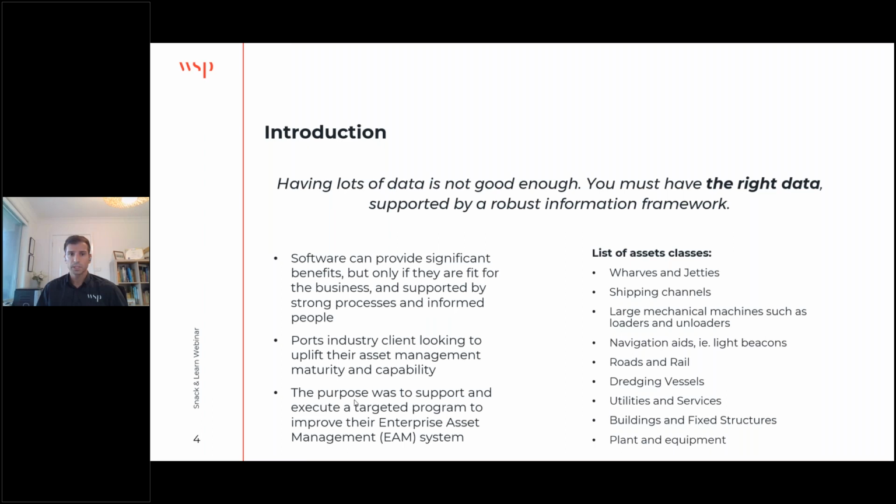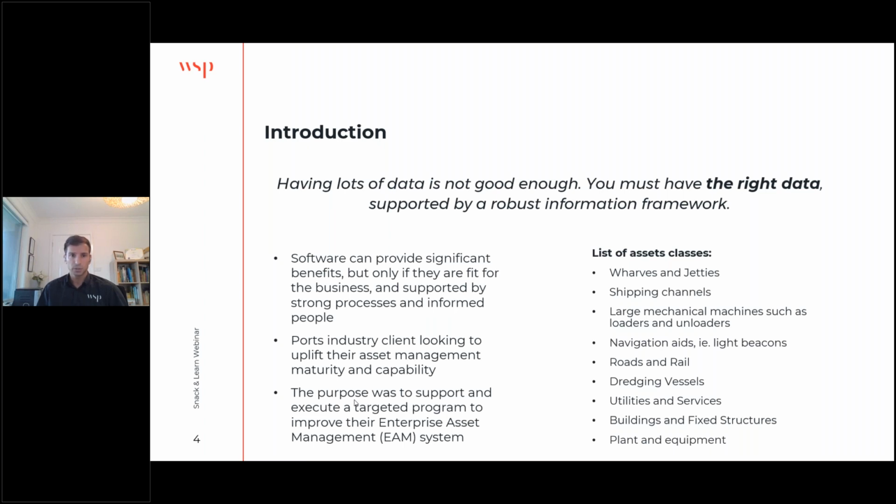Our client was looking to be more aligned with the ISO 55000 suite of standards and to uplift their asset management capability. We had previously undertaken an asset management maturity assessment as step one. In doing so, it determined that a concerted program to transform their asset data management would provide the greatest upfront benefit and lay the necessary foundation for continual asset management improvement. As an asset-intensive organisation, our client needed to transform how they collected, stored, and used their asset data.